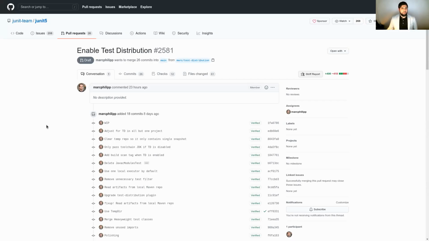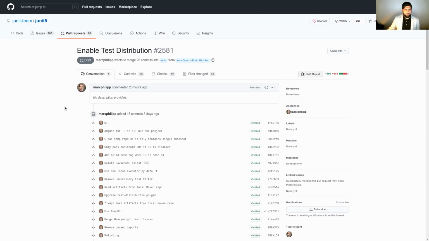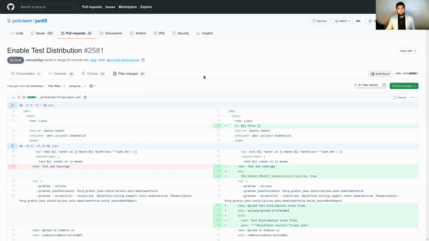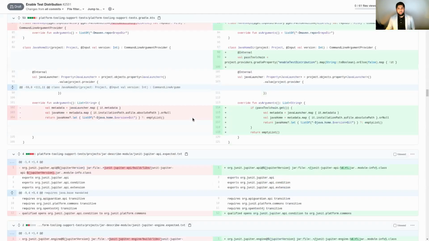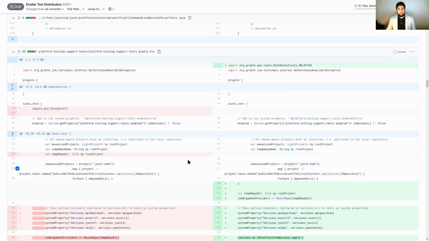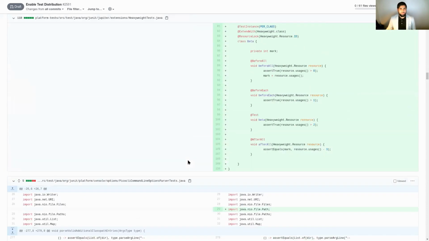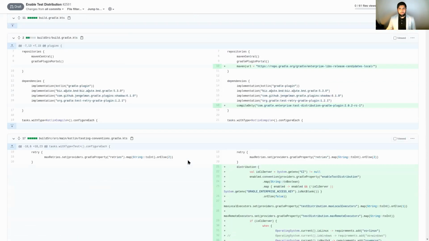So I'm looking at the JUnit 5 repository again on GitHub, and there's a pull request open here. I chose the latest one, and there's a whole bunch of commits here. Again, if I go to files changed, it's just an overwhelming amount of information, as you can see. We could go through these lines of code, and it'd be very difficult to piece together what all of these do in the context of the goal of this pull request. And so again, all of this information is quite overwhelming.